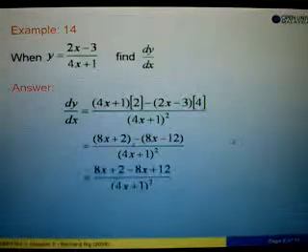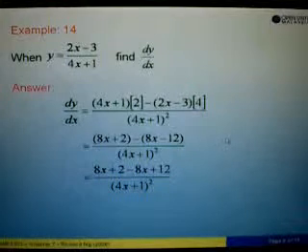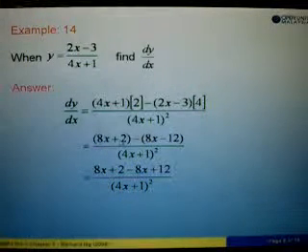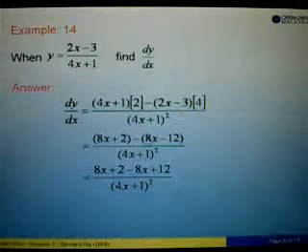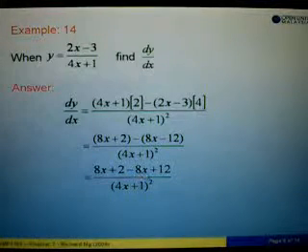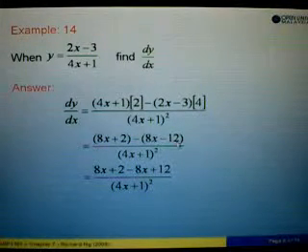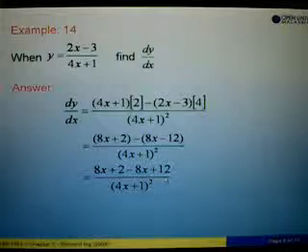Alright, now we expand the bracket. So we have 8x plus 2, we copy again. Negative times 8x will give us negative 8x. Negative times negative 12 will give us positive 12. So from here,